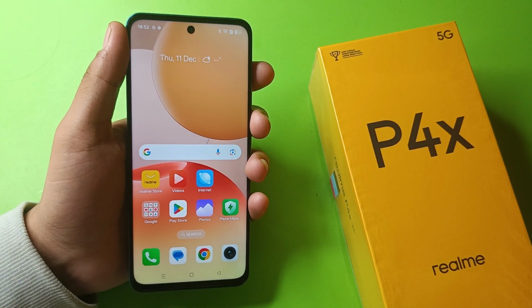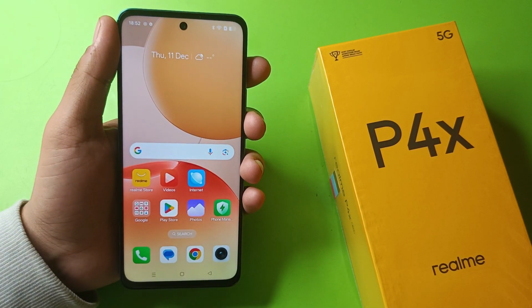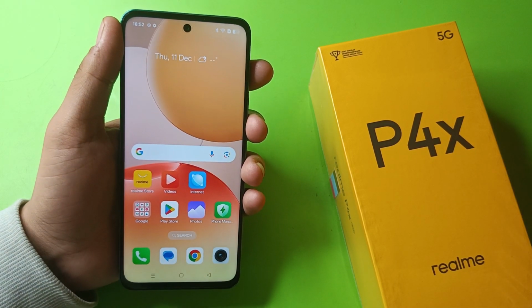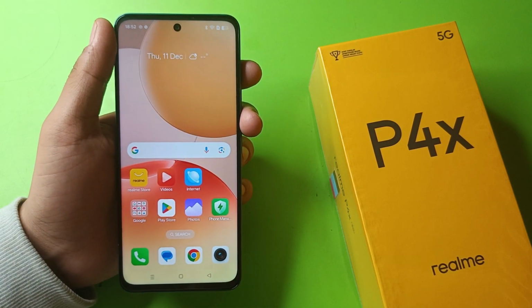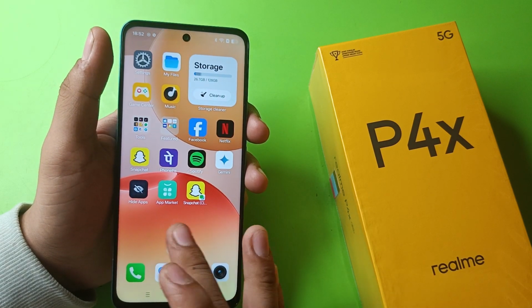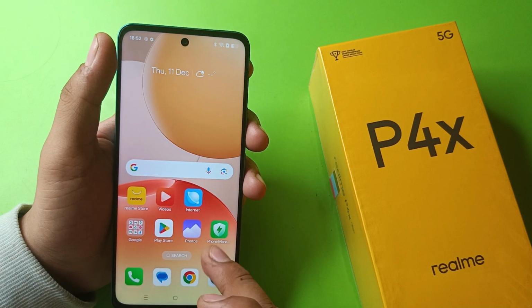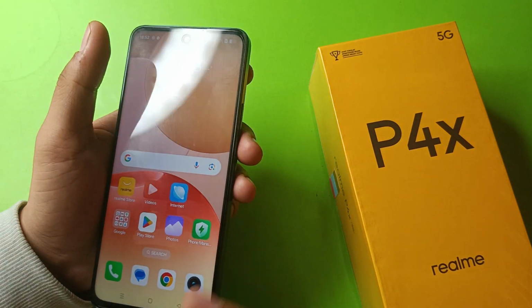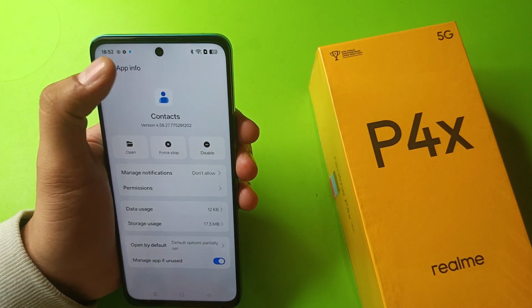In this video I am gonna tell you about how to fix the hanging problem. So let's start in this Realme smartphone. So friends, if your display hangs too much, or your screen is taking too long to respond, or applications are not opening fast, or the phone lags sometimes, you have to go to the settings and